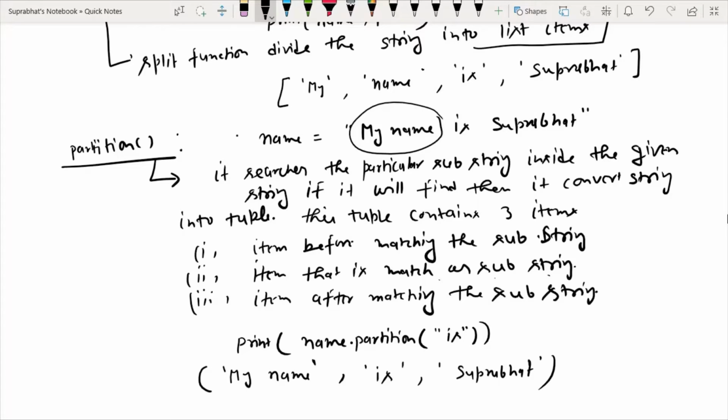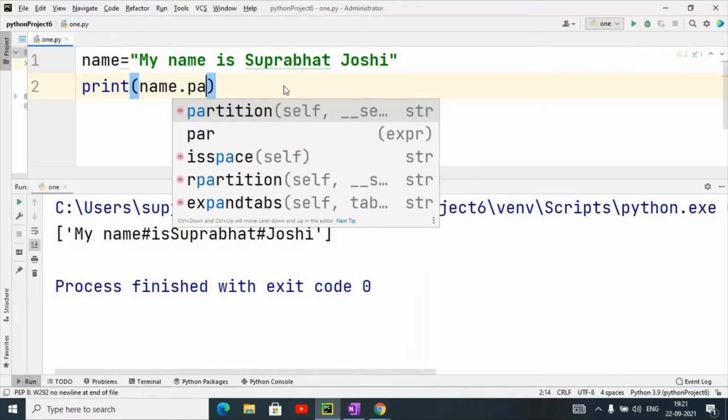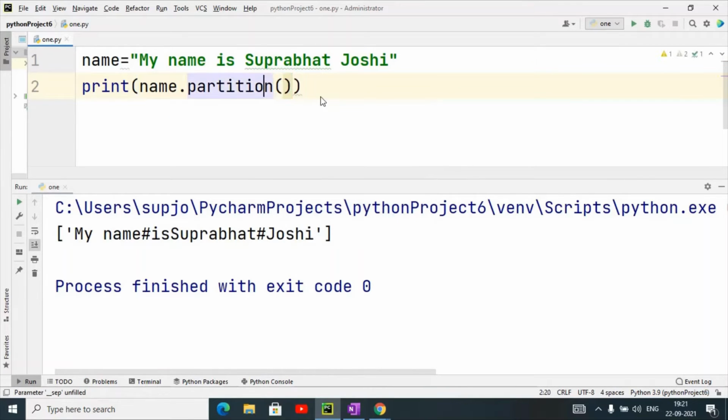So better we will see in PyCharm so that you will understand exactly what it will do. I have taken the string my name is Suprabhat Joshi. I am applying the partition function here, and I have given Suprabhat.